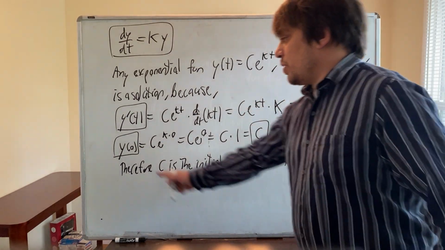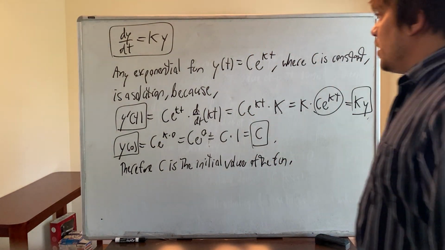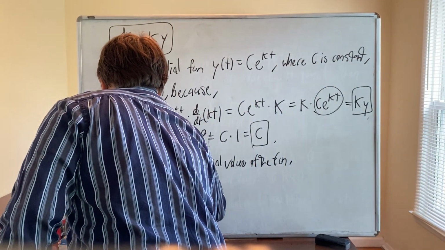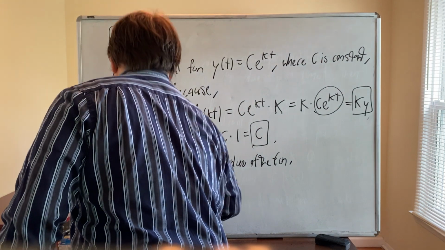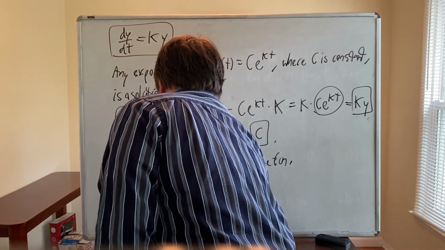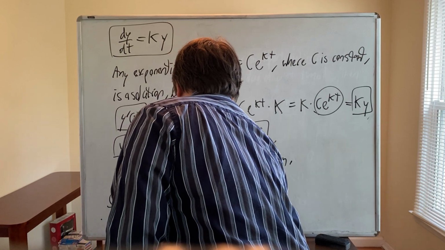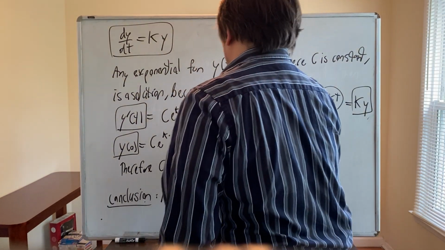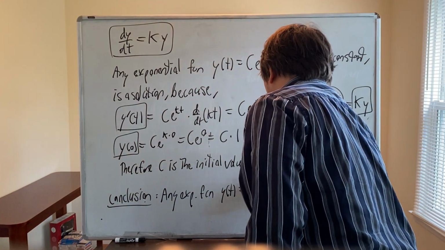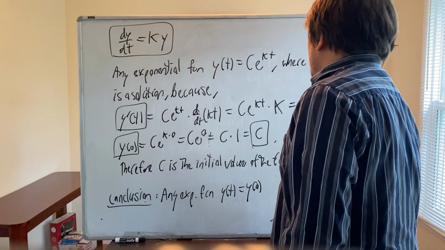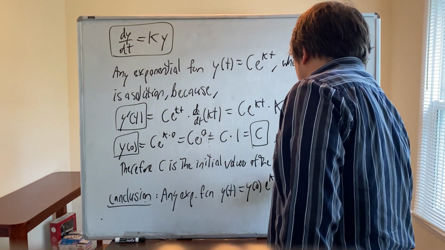The initial value of the function is y of 0. Our conclusion, which we proved already, but I'm going to add a little bit more, is that any exponential function y of t equals y of 0 times e to the kt